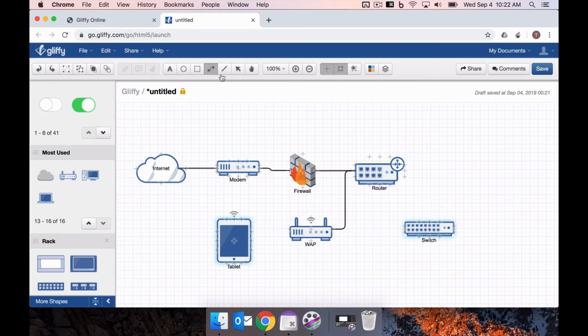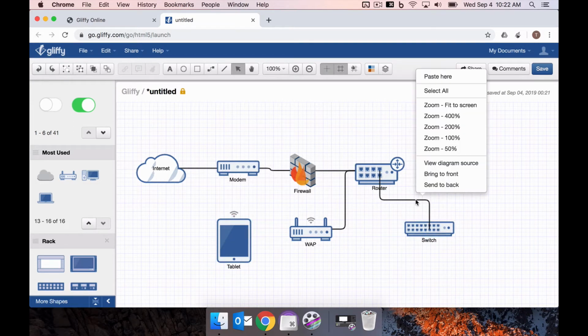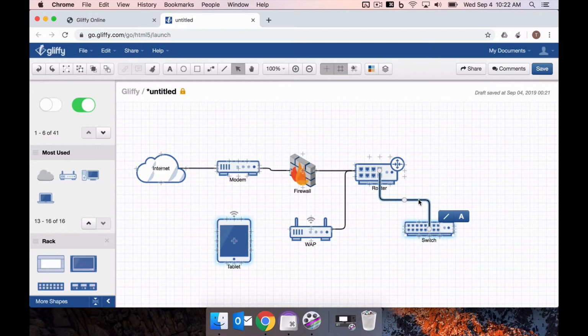And let's connect the router to the switch. And we'll put that line to the back again. Send to back. And from this switch, we could have all sorts of things. We could have